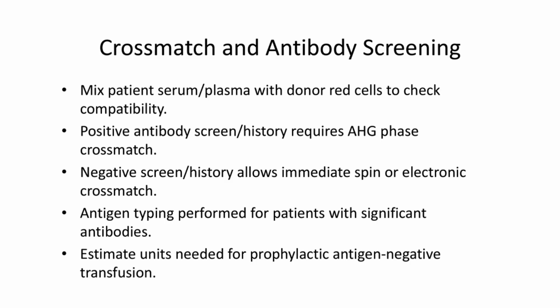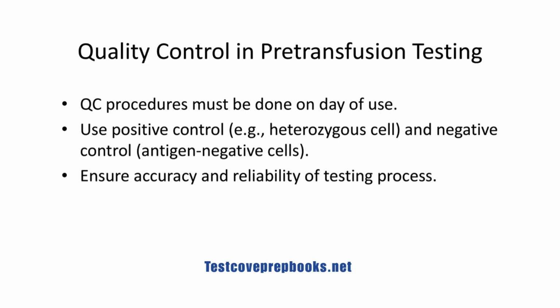In cases where prophylactic antigen-negative units are needed, calculations are used to estimate how many units must be screened. Finally, quality control, QC, procedures must be carried out on the day of use. This includes using a positive control, such as a heterozygous cell, to ensure the accuracy and reliability of the testing process. This also includes using a negative control, such as cells without antigen,